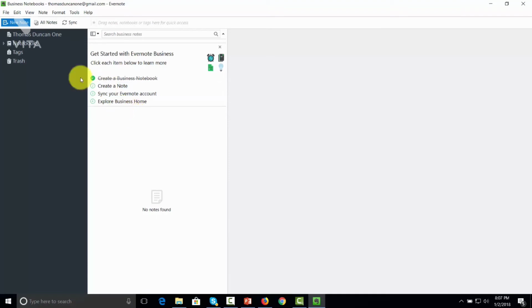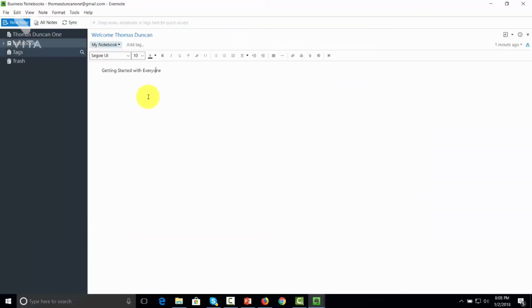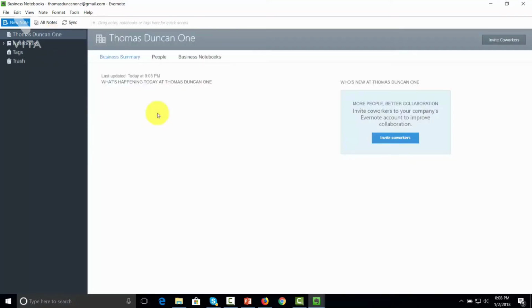We're now going to click New Note. We're going to give this note a title. So now that our note is complete, we'll go back to our dashboard. And what we're going to do is click the Sync button. When we click that Sync button, that means that we should find that our document, the one we just created,